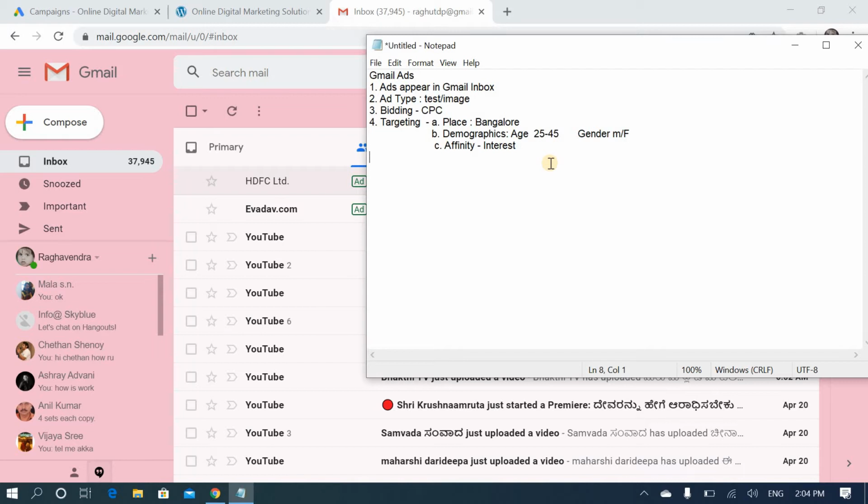Next, placements: in a standard display campaign you can target placements, where our ad will show on websites, blogs, and even YouTube channels. But here, running Gmail ads, you need not target placements. So the main things you can target are place, demographics, and affinity.